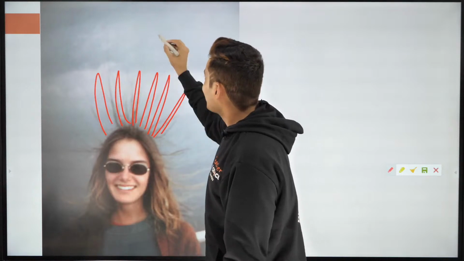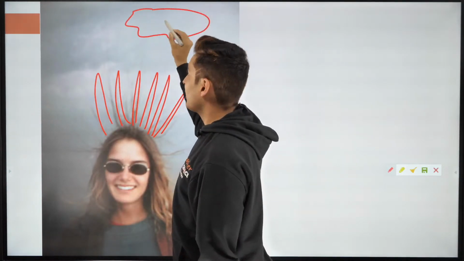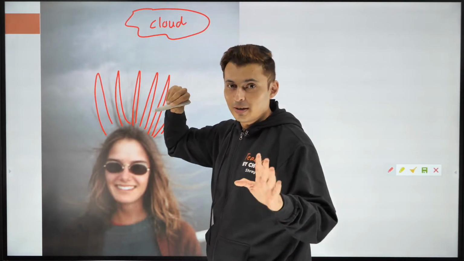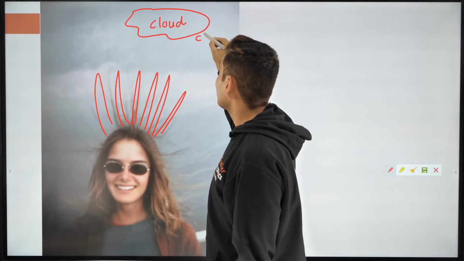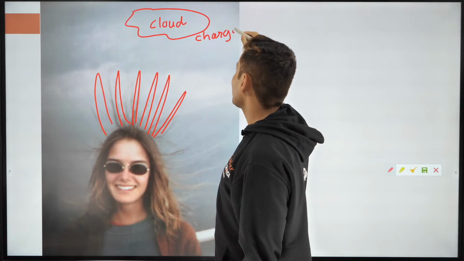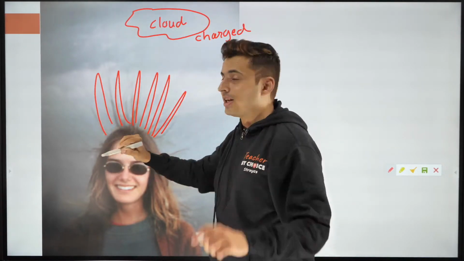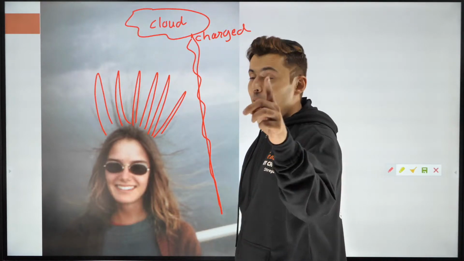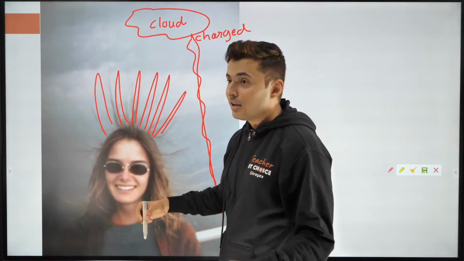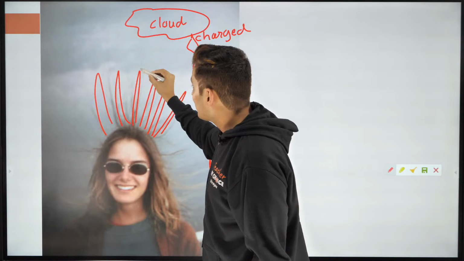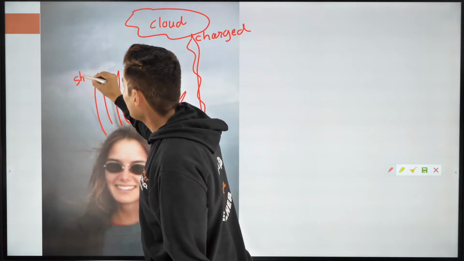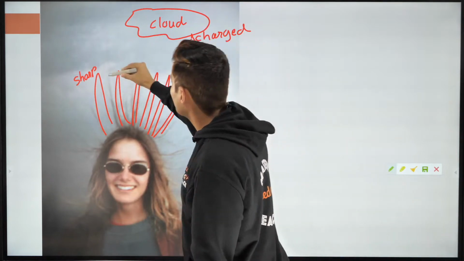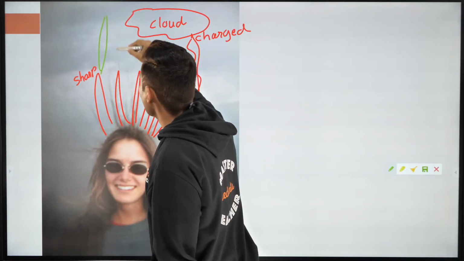Sure. So the cloud over here, not your iCloud or Amazon cloud, is charged, and it is about to discharge a lightning. Because of that charge, there is a field. And understand, because this is a sharp edge, can you see that? There is a sharp edge over here. The field lines are very strong over here. The field lines are converging.